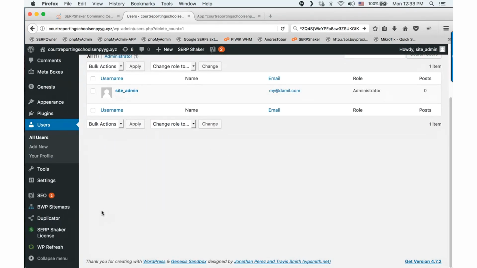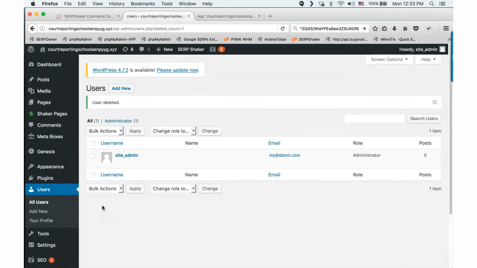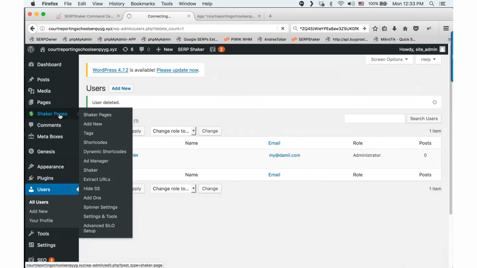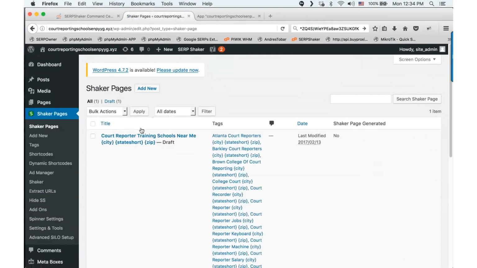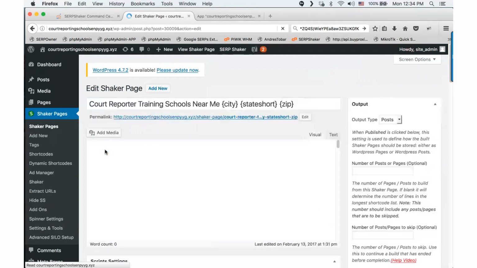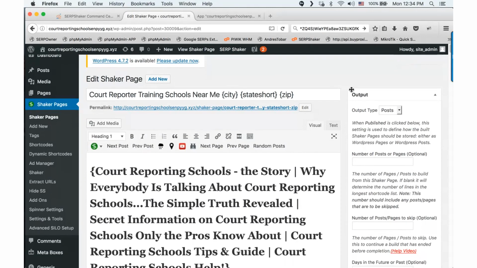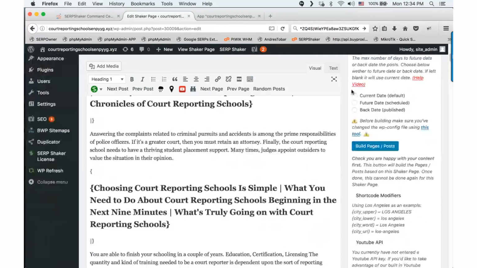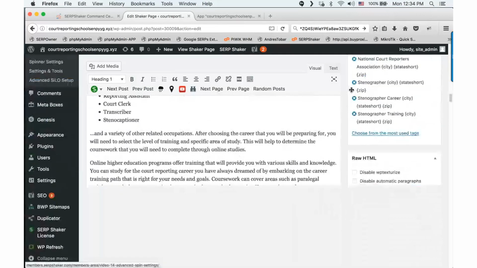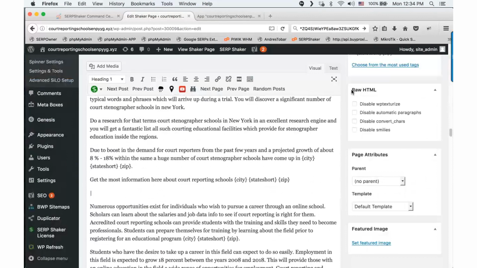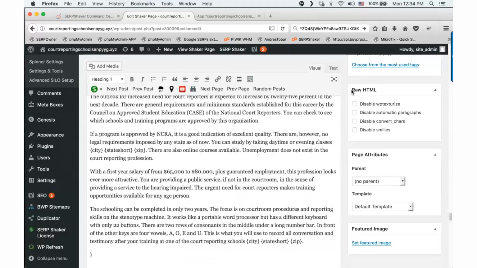Let's go ahead on over to Shaker pages. We'll check out the Shaker page that it brought over, the court reporter one, and we'll build a couple posts so you can see the look of these posts and what's special about this theme. Before you launch or build any post, the first thing you're going to do is scroll all the way down and look for